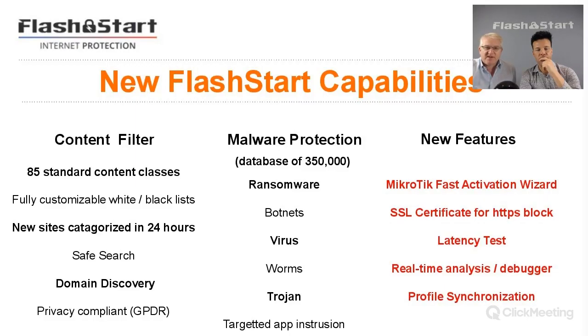Capabilities. On the left-hand side, content capabilities: rich automatic classes of content you can enable, and the ability to customize this in a really easy, non-technical format, very efficient for the smallest through to the very largest types of deployments. Automatic categorization within 24 hours, search, domain discovery. And then on top of that, the ability to automatically defend against malware and network-facing threats coming from browsing the internet. Quite a dynamic, changing market there.